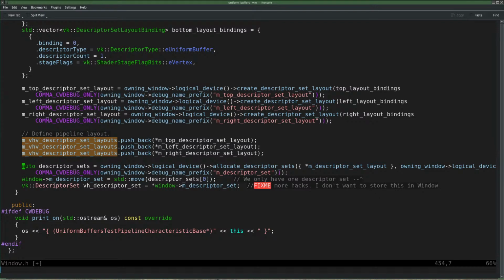Oh, I guess I might as well allocate all the descriptor sets at once.